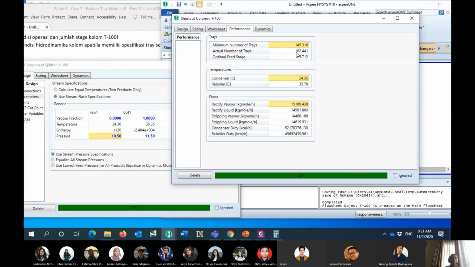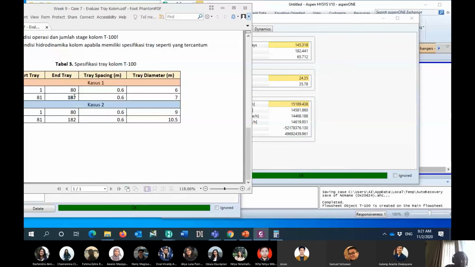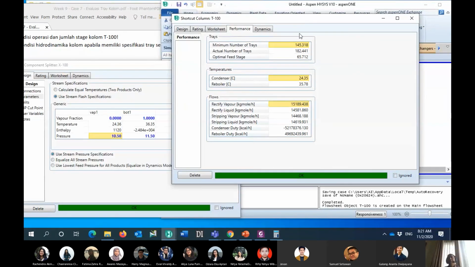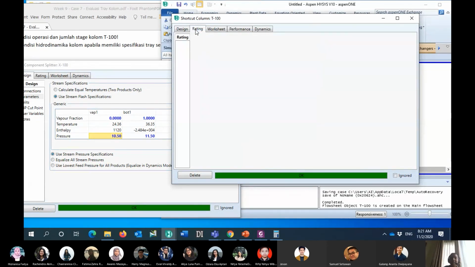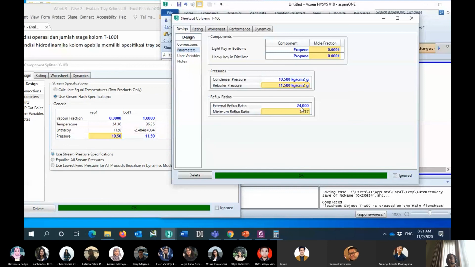Yeah, so around 182. Almost similar with the real case. So it means that when we evaluate this one, we understand that the reflux ratio in the current condition is around 24, while the minimum reflux ratio is around 9. So this is almost, what is this? Around 5 times the